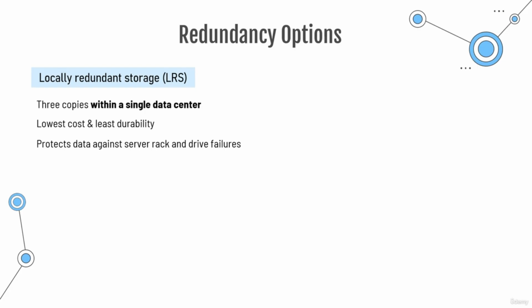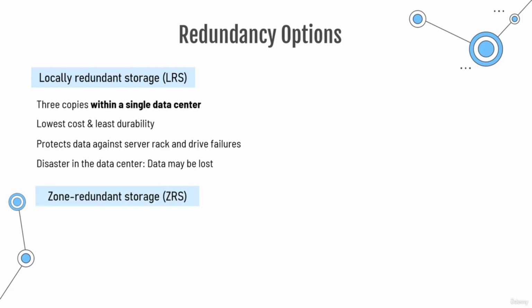It cannot protect against a disaster in our data center. So for example, there's some kind of fire, a flood, or something that is affecting the entire data center. In this case, the data may be lost forever. And if we want to protect against such a disaster in the data center, we need to use zone redundant